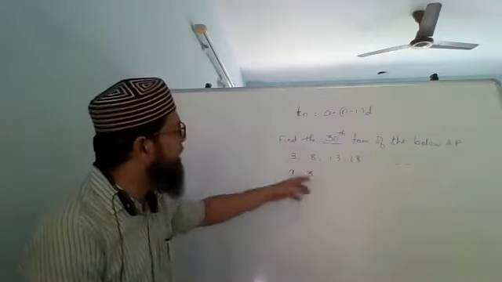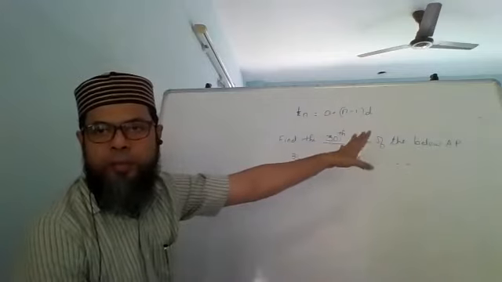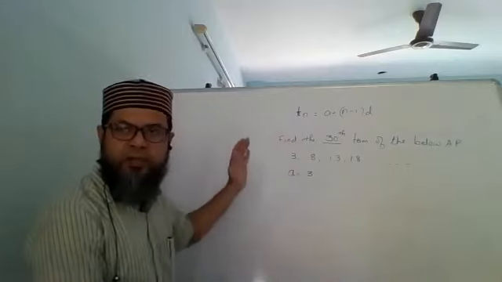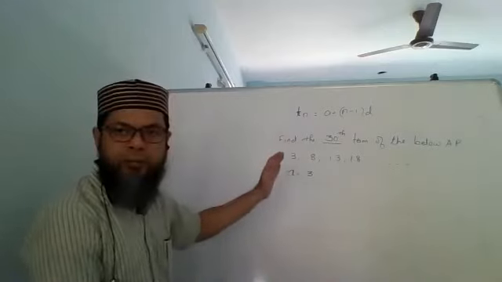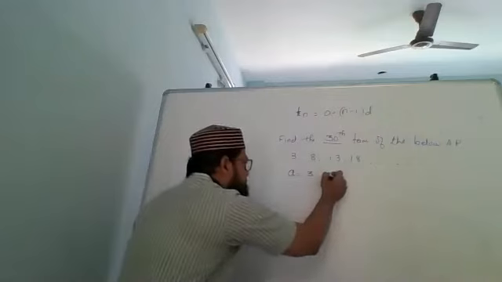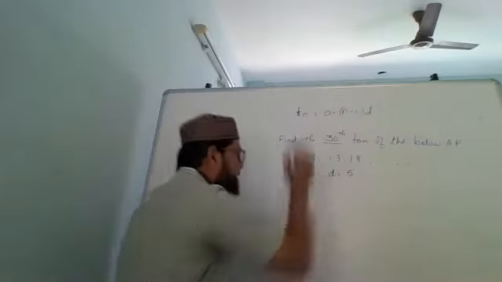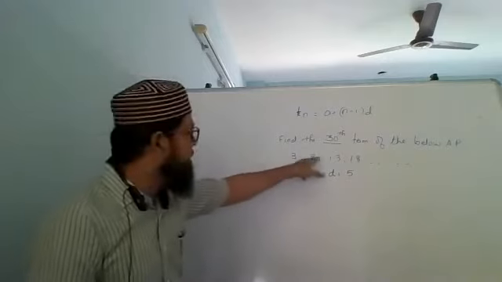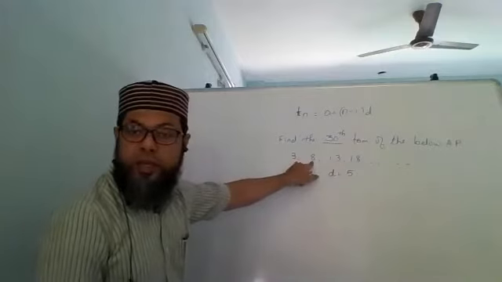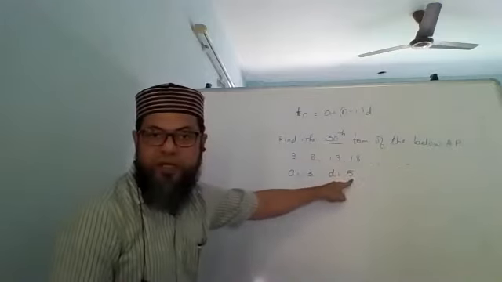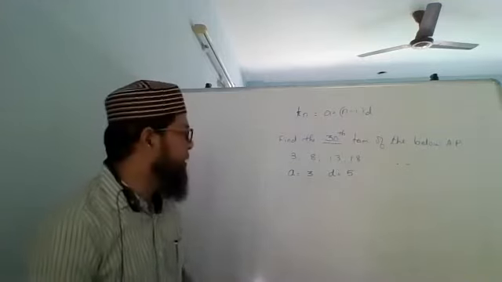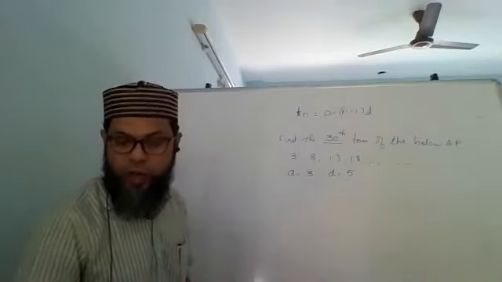First of all, you don't need to check for AP because they have given the below AP. So they have given us that it is an AP. That is a given fact. So if it is given that it is an AP, that means D has to be constant. We have also verified. So D is how much? Now you should check it, because many times the difference of these two is 5, but sometimes if it is minus 5 people write 5 over here. If you do that, then you're going to have a problem. That should not happen. So you have to be careful with what you're doing.